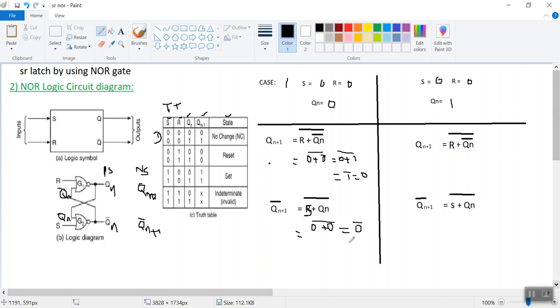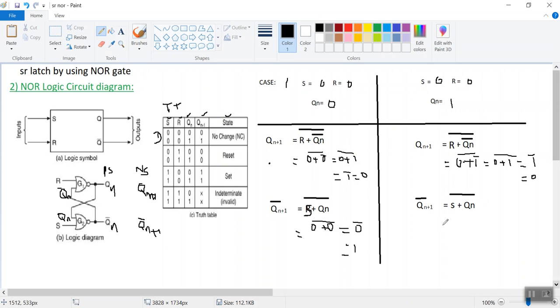0 complement, which is equal to 1. So this is my expression for this particular case. And in this case, we can say that my R is equal to 0 again, and Qn is now, I considered here, 1. So 1 complement and then whole complement. So here 0 plus 0 complement is 1, and then whole complement. 0 complement value 0 plus 1 is 1, and 1 complement value is equal to 0.